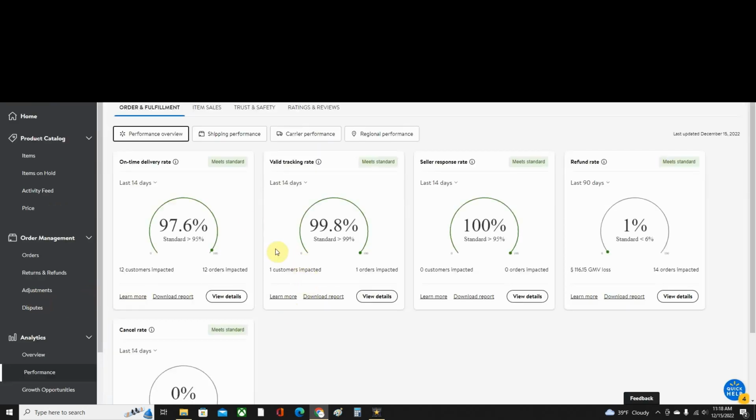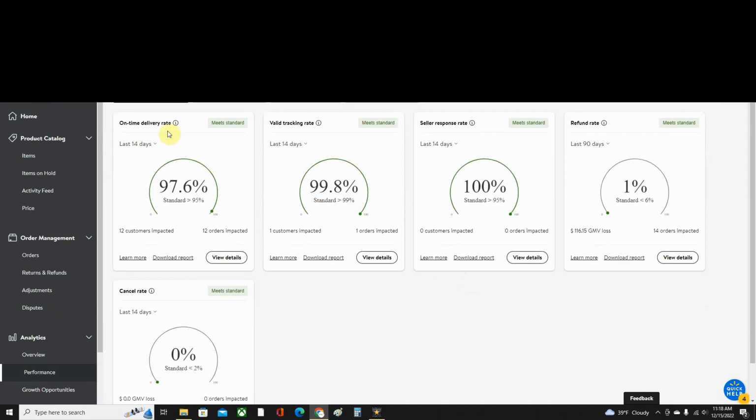So under performance, this is what Walmart tracks, right? On-time delivery rate, valid tracking rate, seller response rate, refund rate, and cancel rate. You can change these metrics, but this is what they're set to by default: 14 days, 14 days, 14, 90, and 14. So my on-time delivery rate, Walmart wants you to be above 95%. I'm at 97.6. A few of which is my fault, the majority of which is the damn post office's fault,